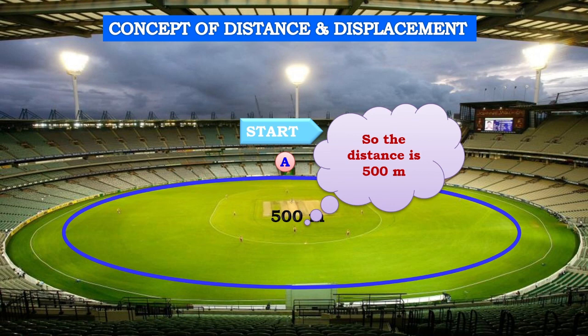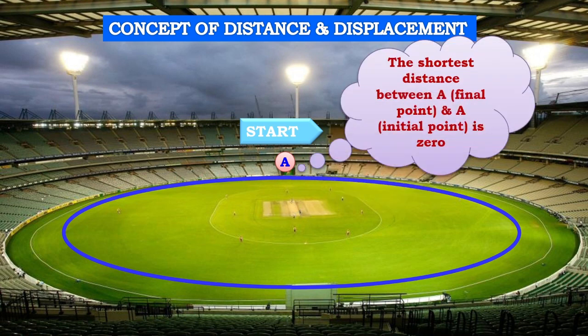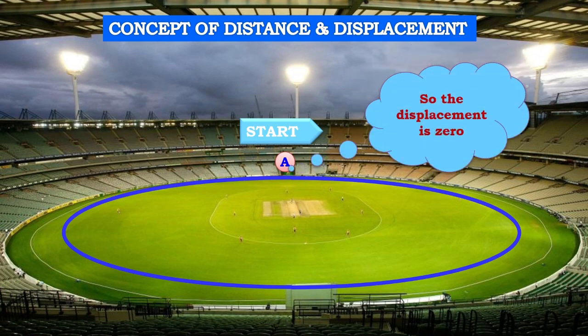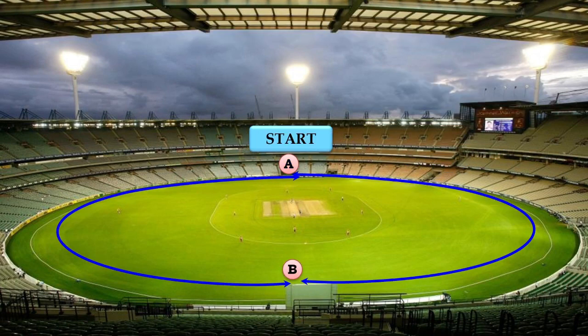meter. If I talk about the shortest distance, since in this case the initial and final point are merging, or we can say coinciding, then in this case displacement will be 0. This has to be kept in mind. Whenever the initial point and the final point are the same, the displacement might not be 0, it should not be 0, but the displacement will be 0, because displacement is the shortest distance between the initial and